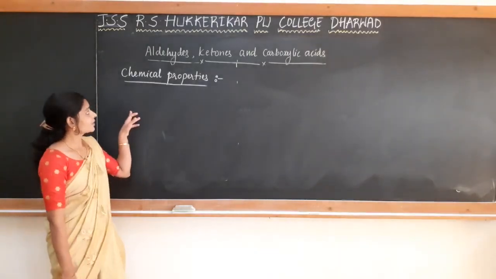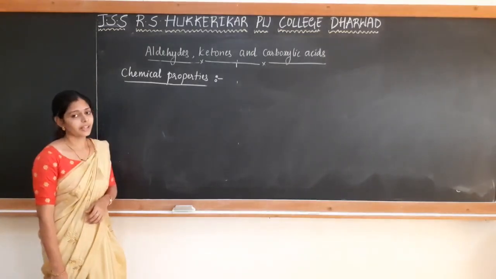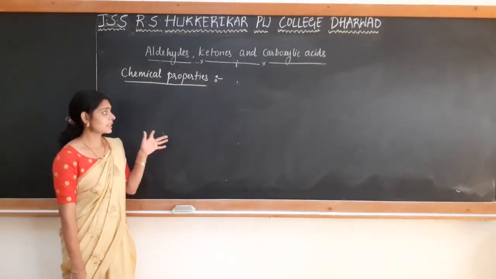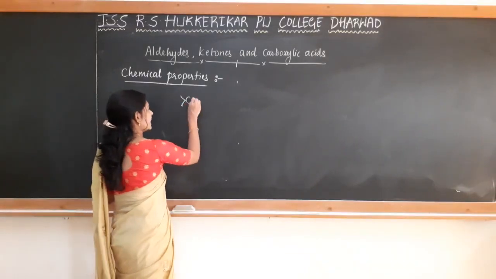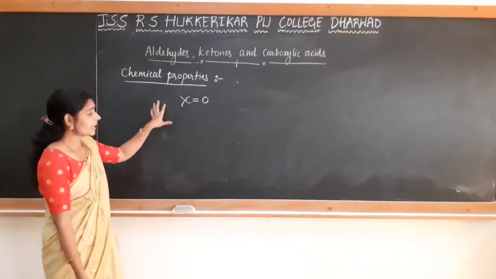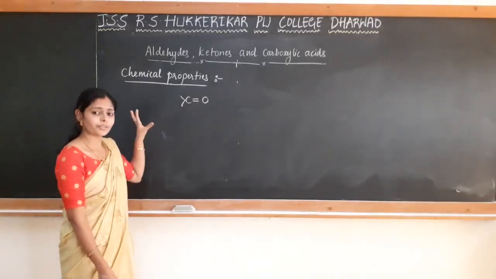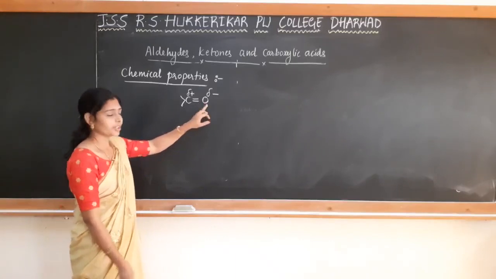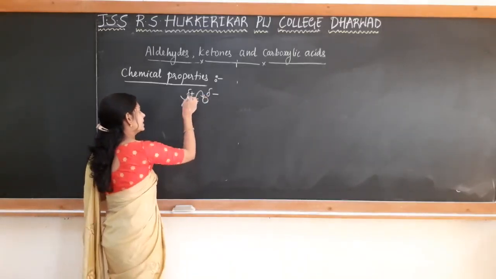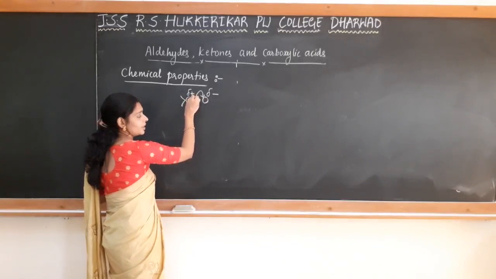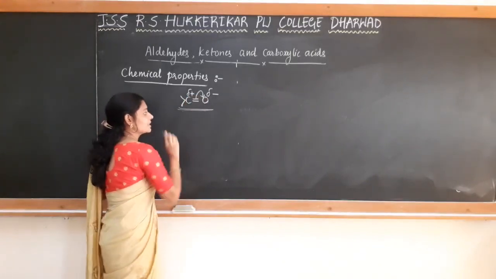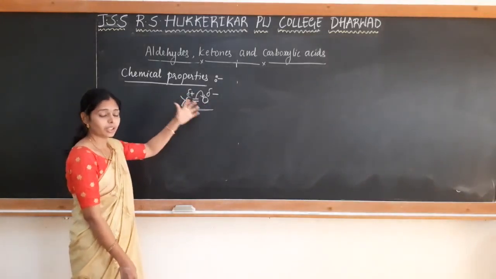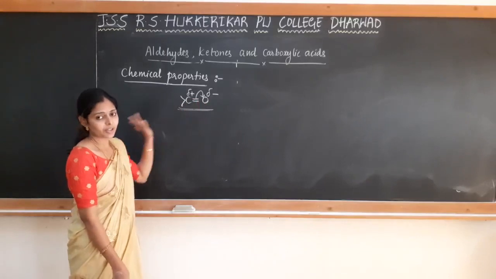Now let us move to the next concept, that is chemical properties of aldehydes and ketones. Aldehydes and ketones are very reactive compounds because of the carbonyl group. It is highly reactive, and most of the reactions of aldehydes and ketones are common. You know that, right? So oxygen, being more electronegative, withdraws electrons towards itself, and the carbonyl carbon becomes electron deficient, and because of this polarity it is a highly reactive functional group compared to the other functional groups.